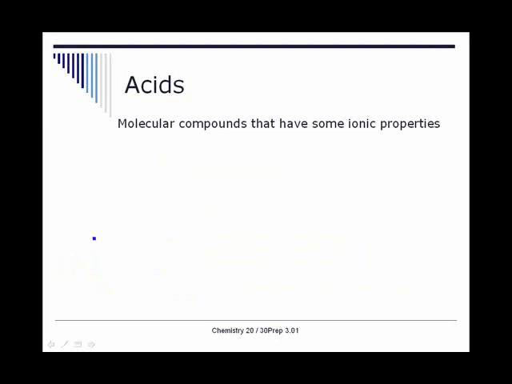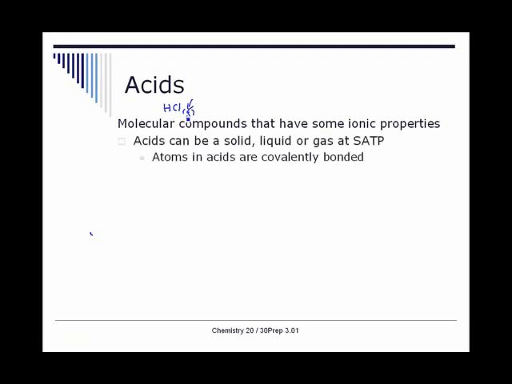For example, if we take a look at hydrochloric acid, or hydrogen chloride, we name it as if it was ionic, but really we know it's not, because all ionic compounds are solid at room temperature, and hydrogen chloride is a gas. So we know it's molecular, we know it shares electrons between the hydrogen and the chlorine. They're molecular compounds, and they can be solid, liquid, or gas at SATP, so we know they have covalent bonds. We know they dissolve in water because they're polar compounds,